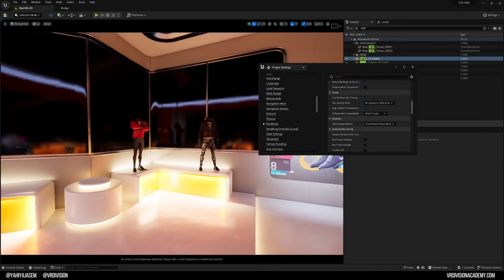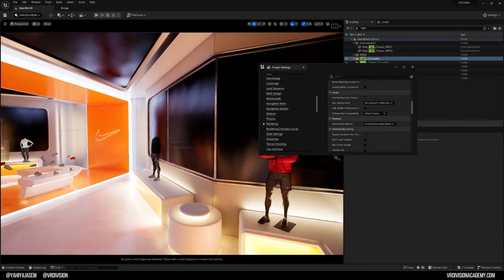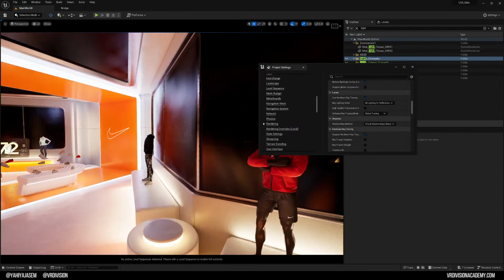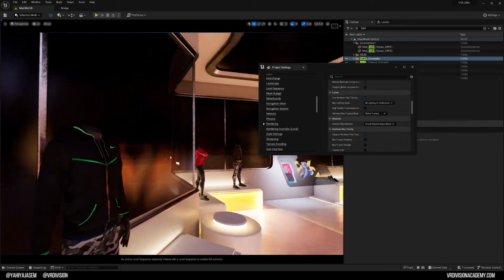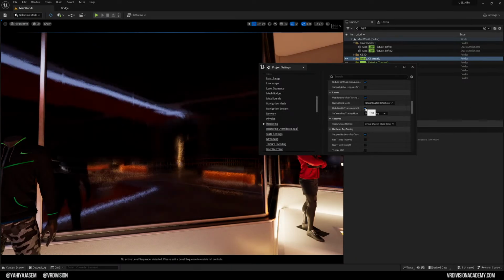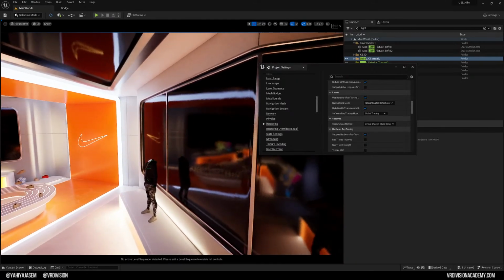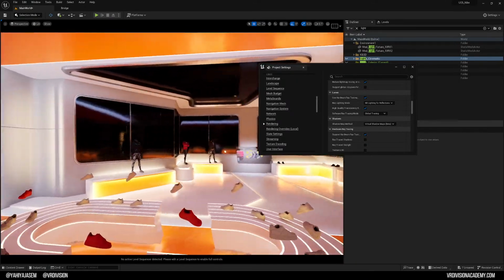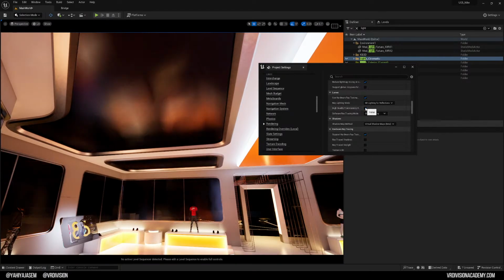As for translucent reflections, this is one of the cool features when using hardware ray tracing. These are raster reflections on translucent surfaces, but when you use high quality translucency reflections with hardware ray tracing, you get this. Without